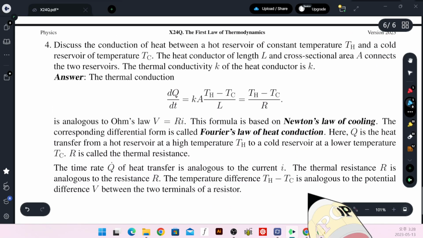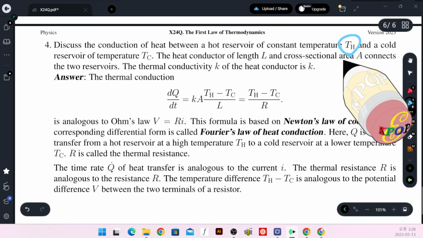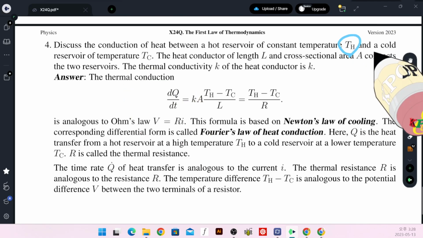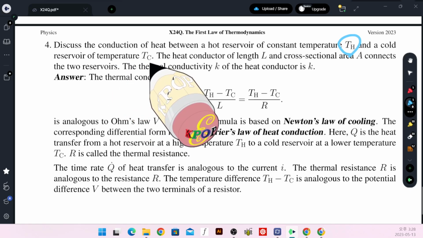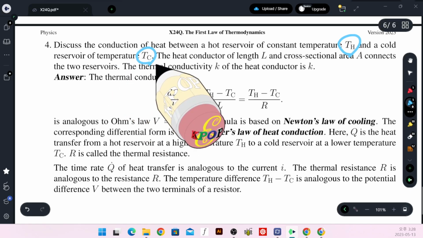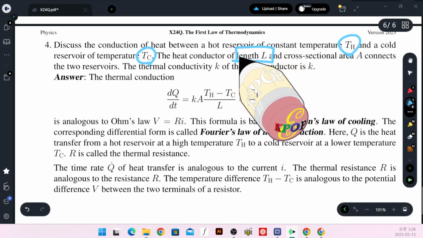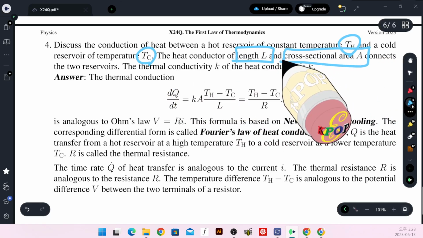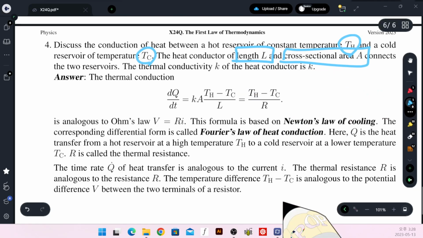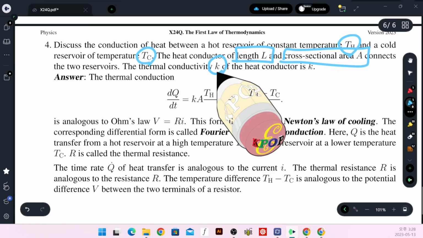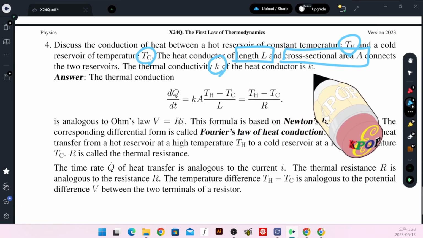Next, number 4, discuss the conduction of heat between a hot reservoir of a constant temperature, T hot, and a cold reservoir of temperature T cold. The heat conductor of length L and cross-sectional area A connects the two reservoirs. The thermal conductivity K of the heat conductor is